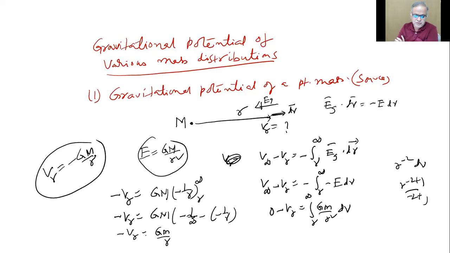So it depends on the source mass M and distance from it, not what mass you place there or bring there. It doesn't depend on the test mass. By making the force independent of test mass, we define field strength. By making work independent of the test mass brought, we made it only the property of who is causing the field.